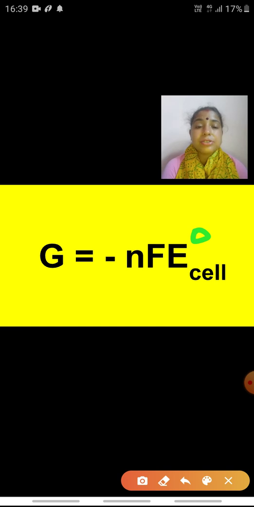The significance of the negative sign is that the work is done on the surrounding, as the charge is going out of the cell traveling through the external circuit. So, we are taking it as negative, the negative work done. So, delta G is equals to minus 2 into 96500 into E naught of cell. Hope you all must have got the answer now.